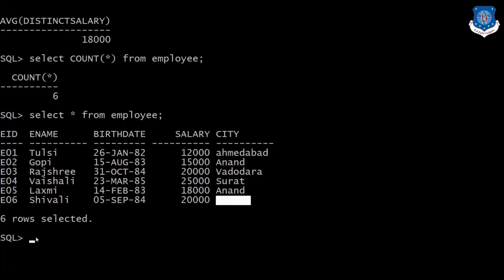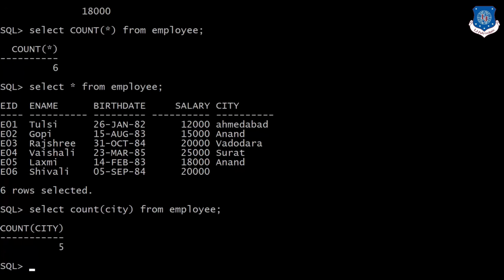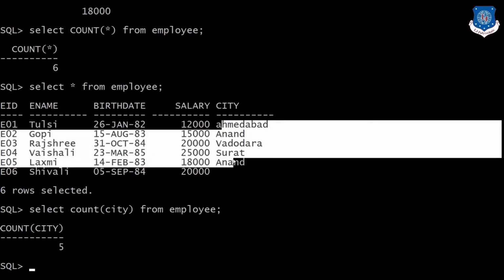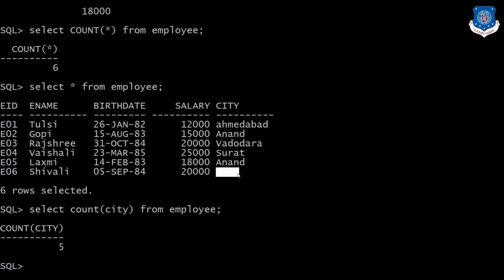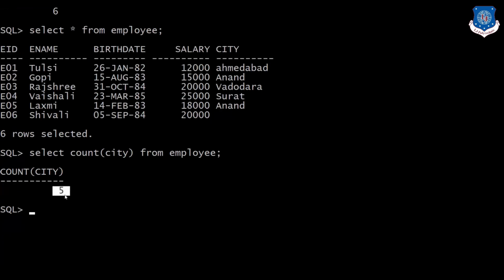So in that case, what we will do is select count city from employee. Why is the number of records 5? Because it will count the city records which contain any value. Null cannot be considered as a value, so it is giving us the value 5.